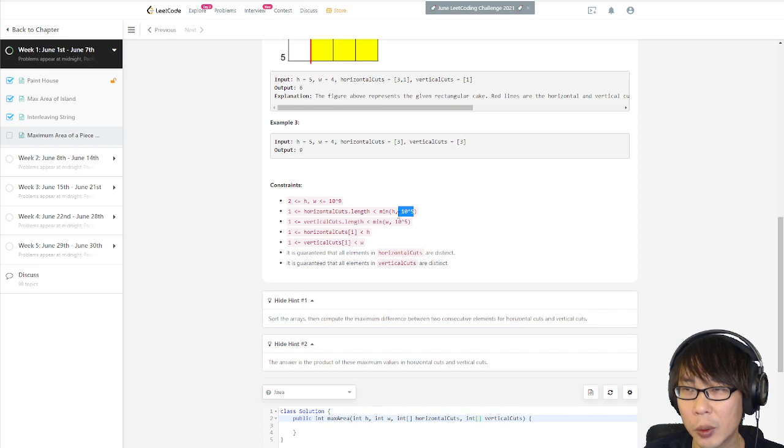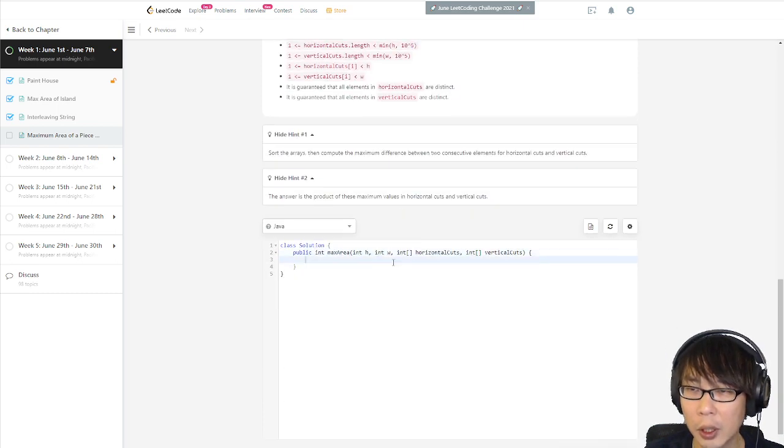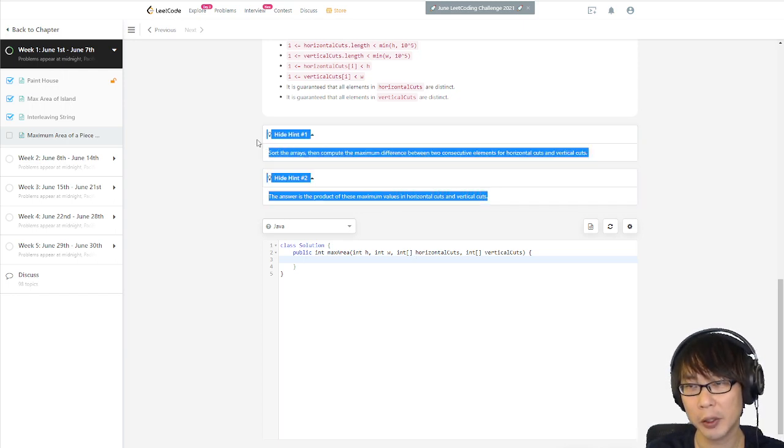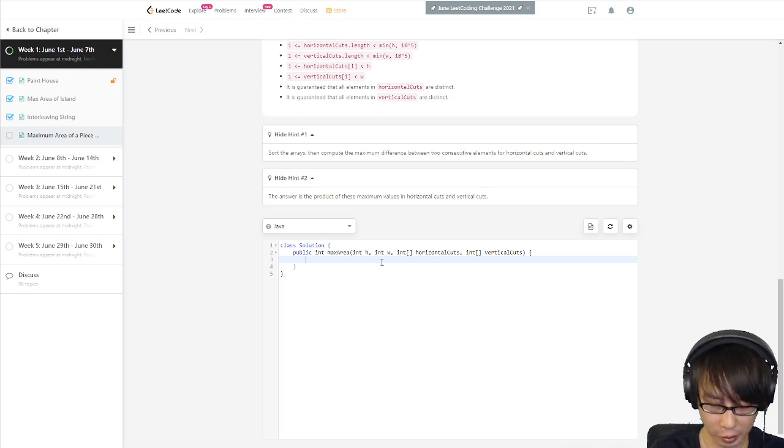That we cannot do the counting sort. So we still need to sort so that we can find the maximum difference between two. Okay, so I guess there's no better way, so let's just follow the hint, right? So we can do the arrays, the sort,